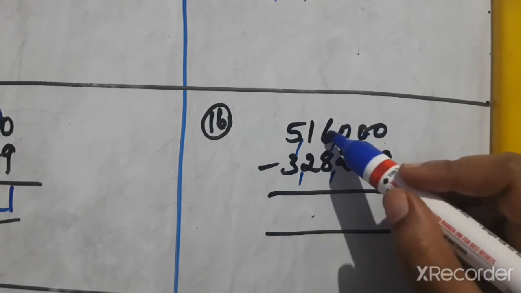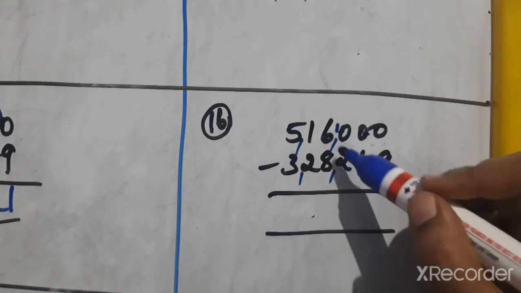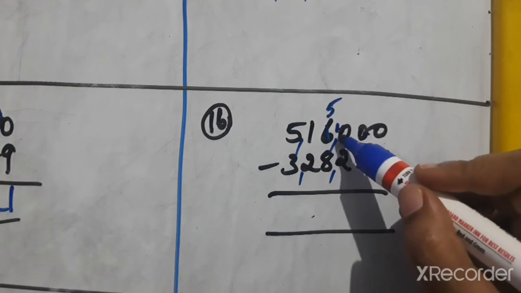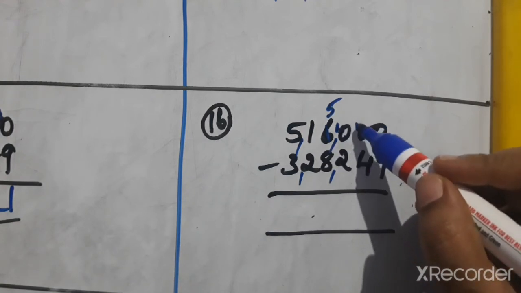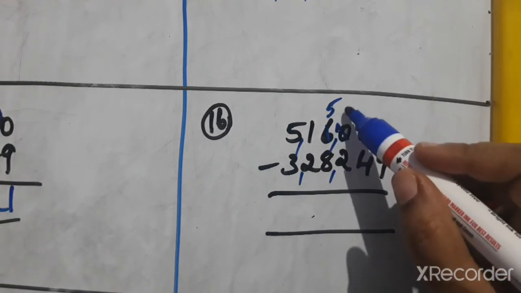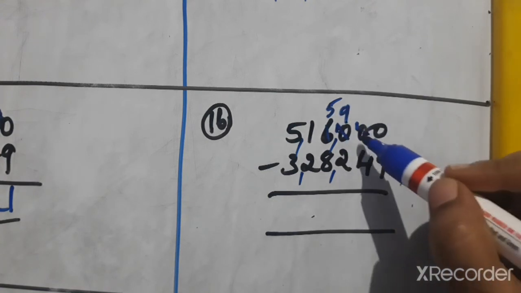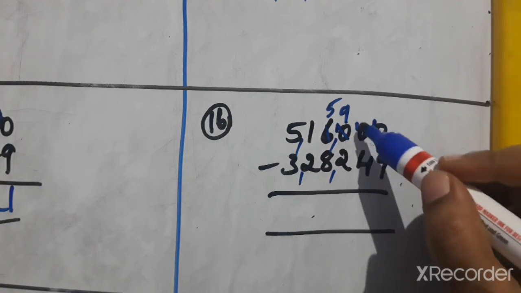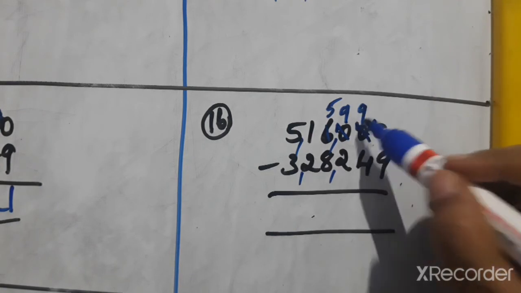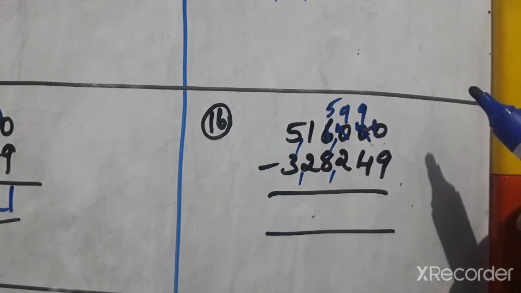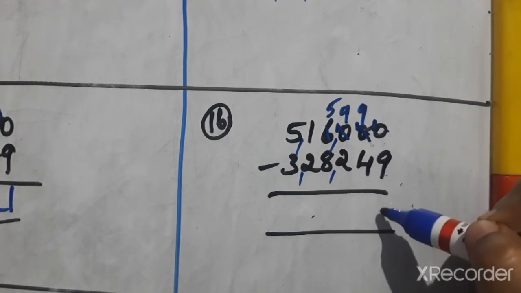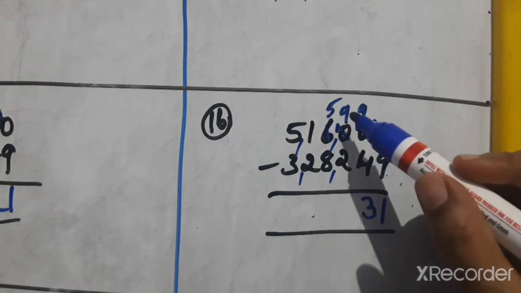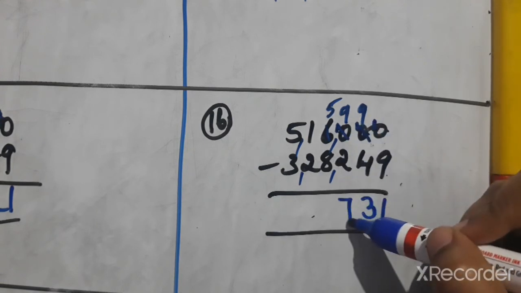So out of 6 will give 1 here. Okay, so here it becomes 10 and 6 is now 5, and 10 will give 1 here, so it becomes 10 now, and this 10 will become now 9, and out of this 10 will give 1 here, and here this 10 is now 9 rupees, and here last digit is 10. 10 minus 9 is 1, and 9 minus 4 is 3, and 9 minus 2 is 7.